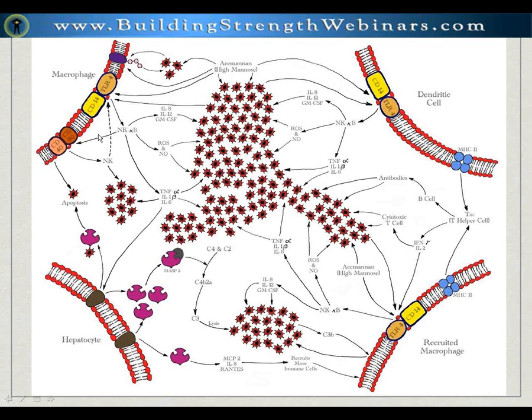and it ends up causing the release of various compounds that bring in more recruited macrophages, like interleukin-2 and interferon gamma. It also helps bring in dendritic cells, which help bring in helper T cells. All of these compounds work simultaneously to end up causing apoptosis of the cancer cells and getting rid of them, and they are phagocytized by macrophages and other recruited macrophages.